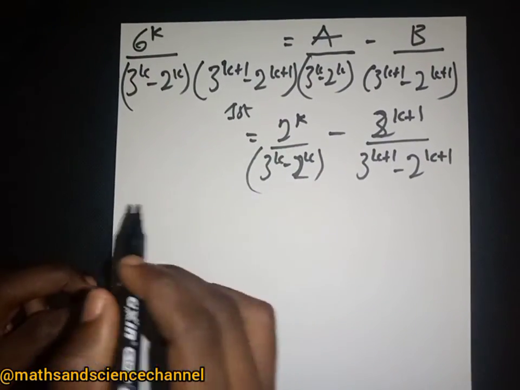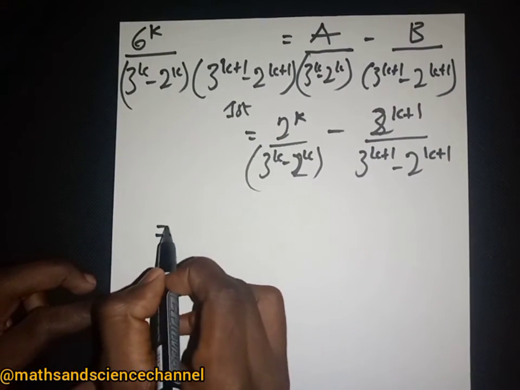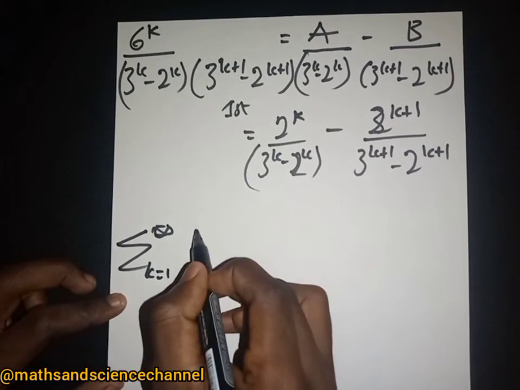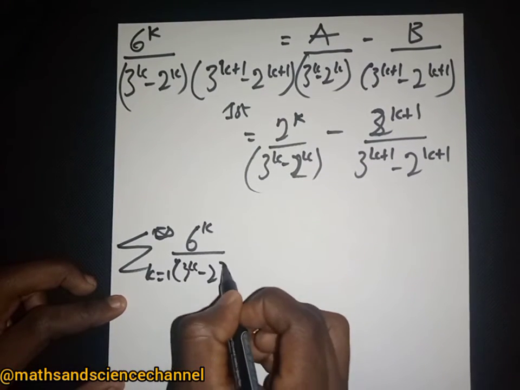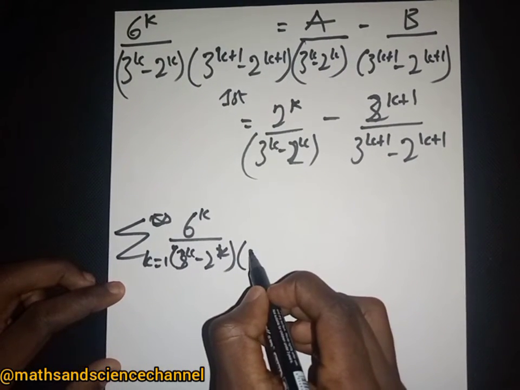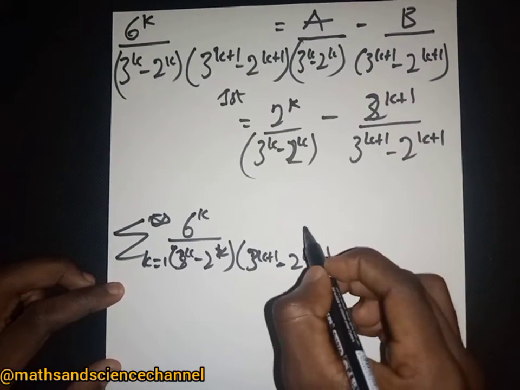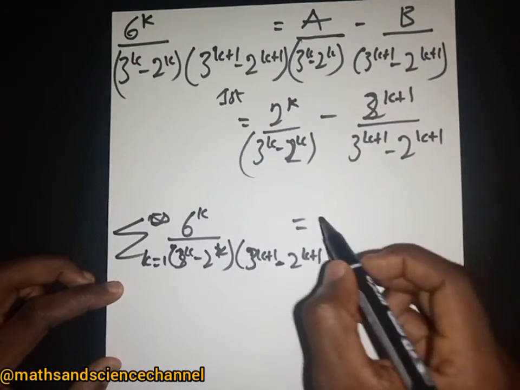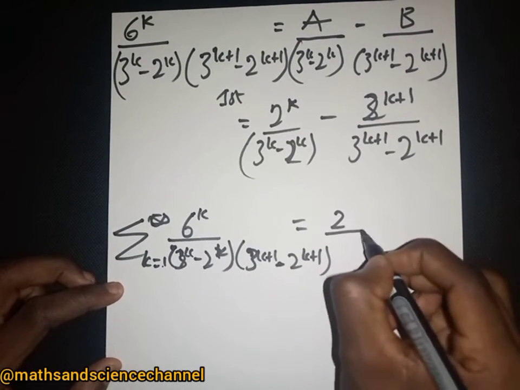So putting this into the sum, we have the summation of k being equal to 1, 6 power k divided by 3^k minus 2^k, then 3^(k+1) minus 2^(k+1). That's for the first part. So for k equal to 1, we're just going to get 2,